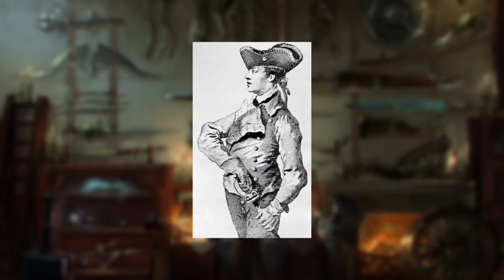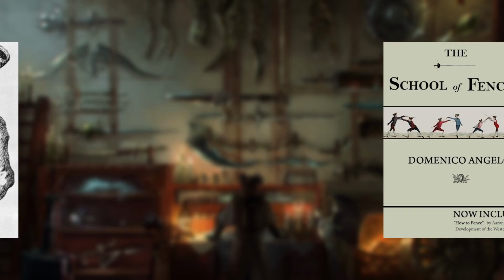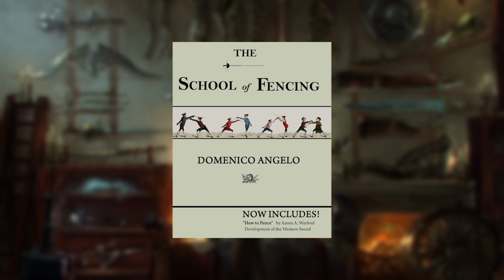While fencing itself traces its roots to the 14th century, it was established as a sport in the mid-18th century with Domenico Angelo's School of Arms in 1763. While this school prepared its students for real combat, Angelo was one of the first to emphasize the health benefits